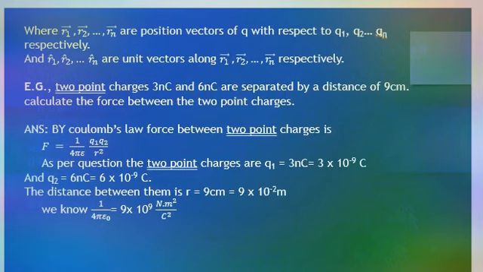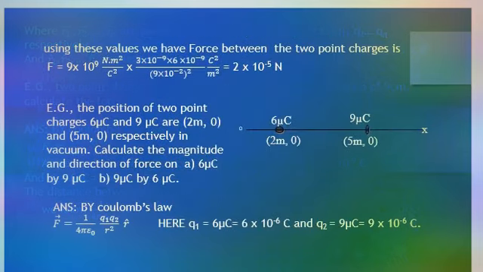Clear? Obviously between 2-point charges there are two forces, and both are the same in magnitude but opposite in direction. Here we are considering only magnitude, so you should use Coulomb's law without any direction. That's F is equal to 1 by 4 pi epsilon 0 Q1 Q2 by R square. Here Q1 and Q2 are 3 nanocoulomb and 6 nanocoulomb. So 3 nano means 3 into 10 to the minus 9 coulomb and 6 into 10 to the minus 9 coulomb. Obviously 1 by 4 pi epsilon 0 is equal to 9 into 10 to the 9 Newton meter square by coulomb square. If you use these values in the formula, then force F is equal to this value in Newton.